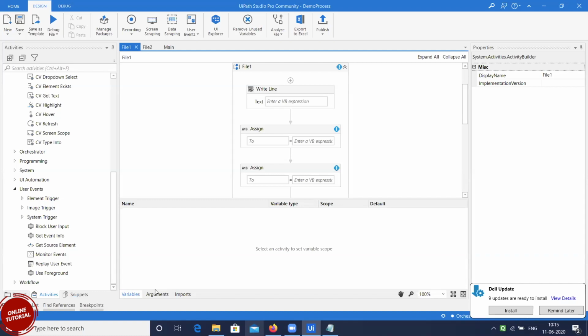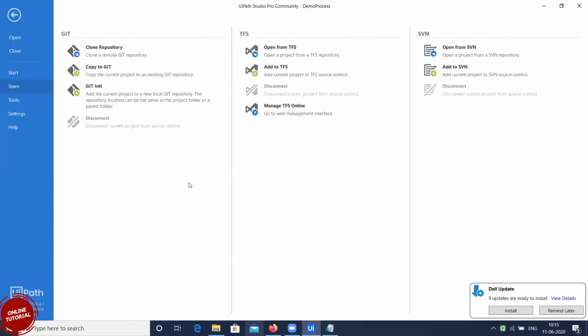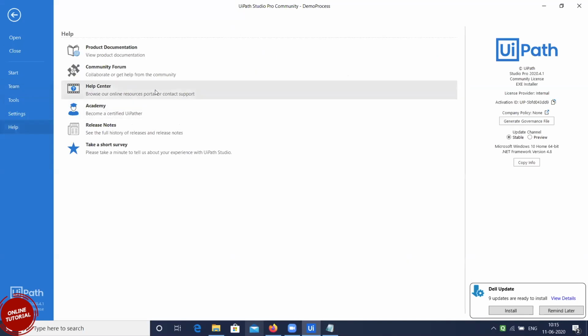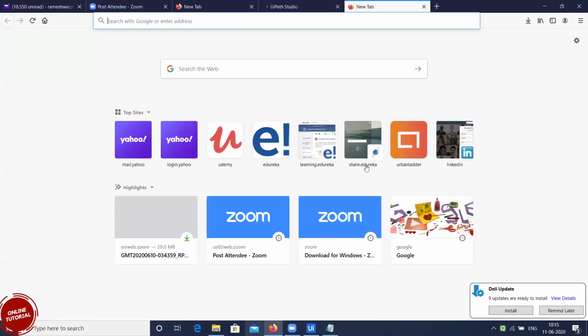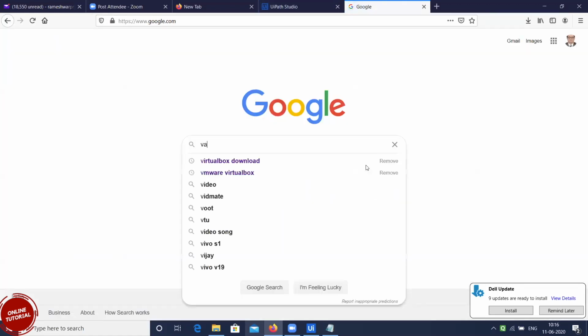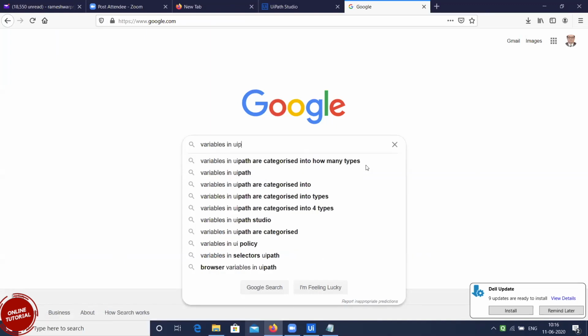Where can we, I mean, just play around with the tool is what you meant? No, you can go to the UiPath website using this Help, then documentation, and you can refer to it, or you can simply Google it like this. Say variables in UiPath.